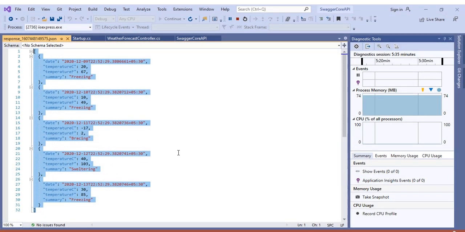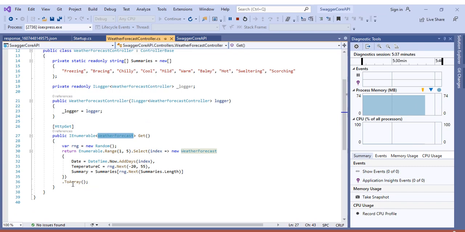And now let us run one post method here and see. So I just quickly write one post method.